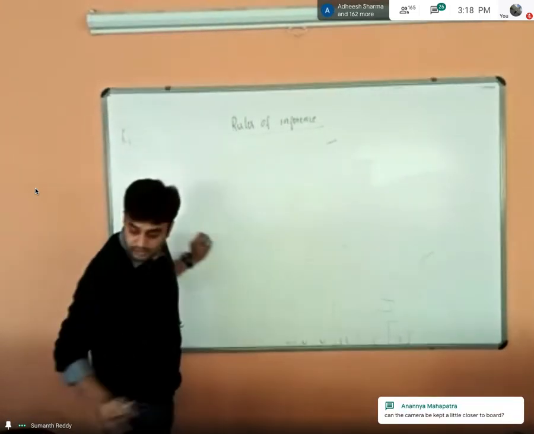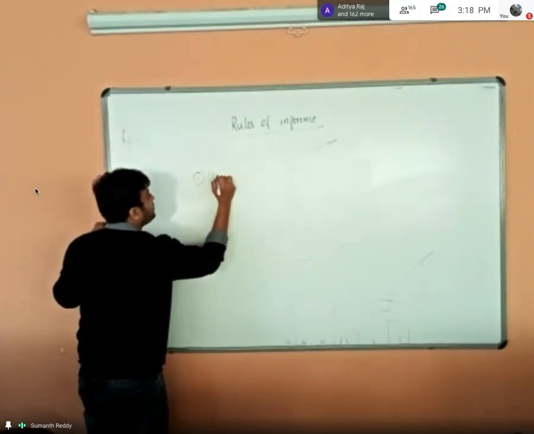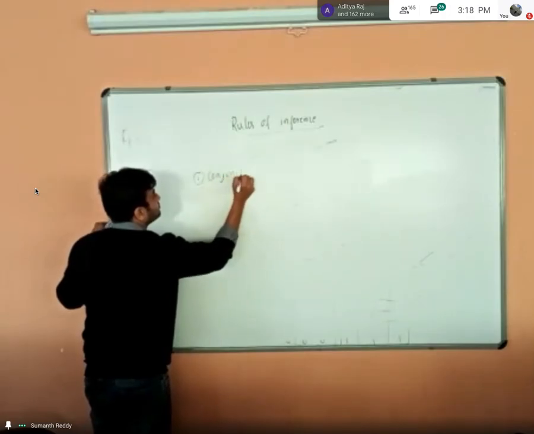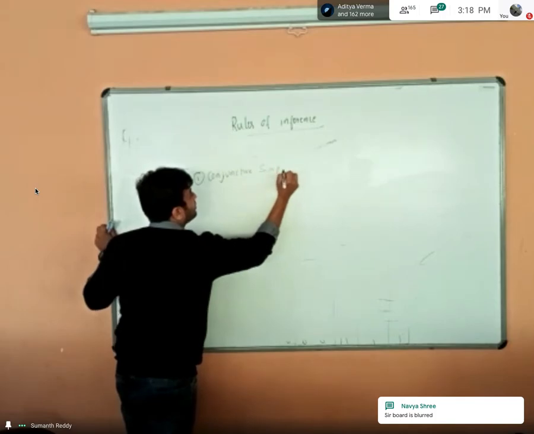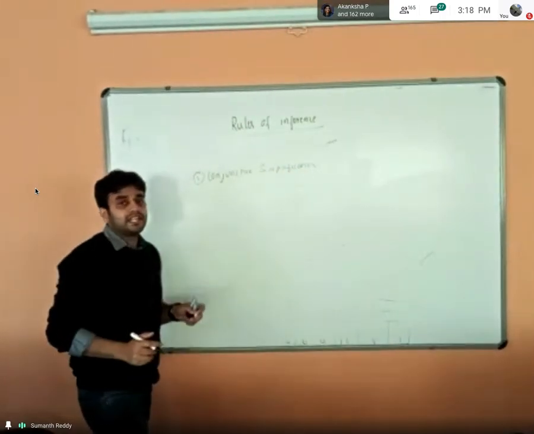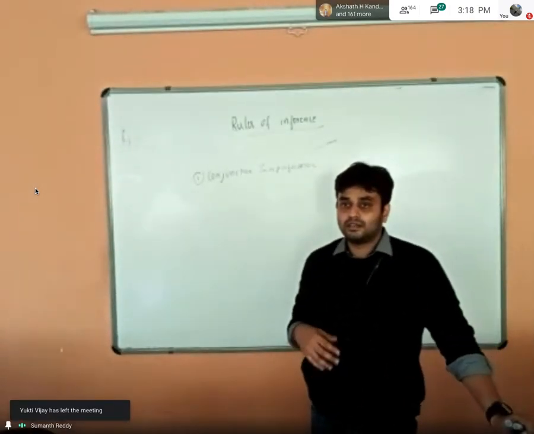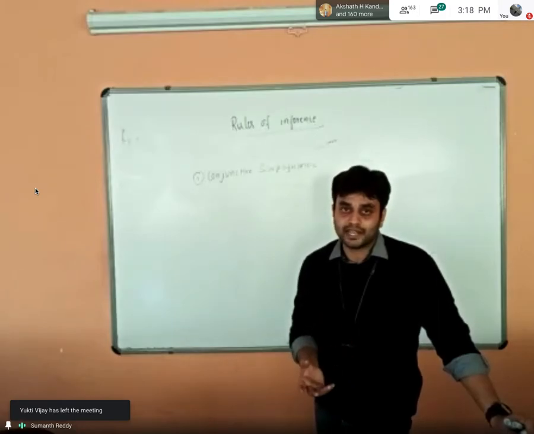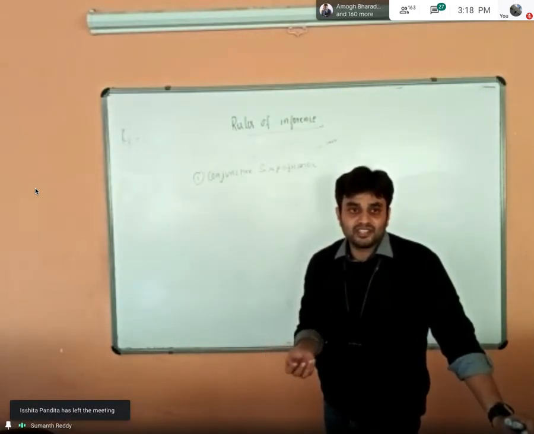Okay, fine. So the first rule is conjunctive simplification, not amplification. Conjunctive simplification. Before I tell you that rule, I think you already know the rules about the basic logical connectives, right? Like and, or, implication, biconditional, negation.